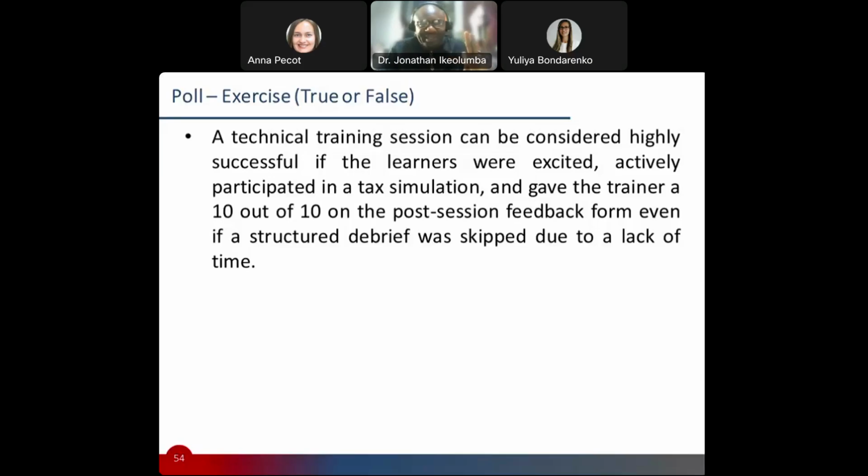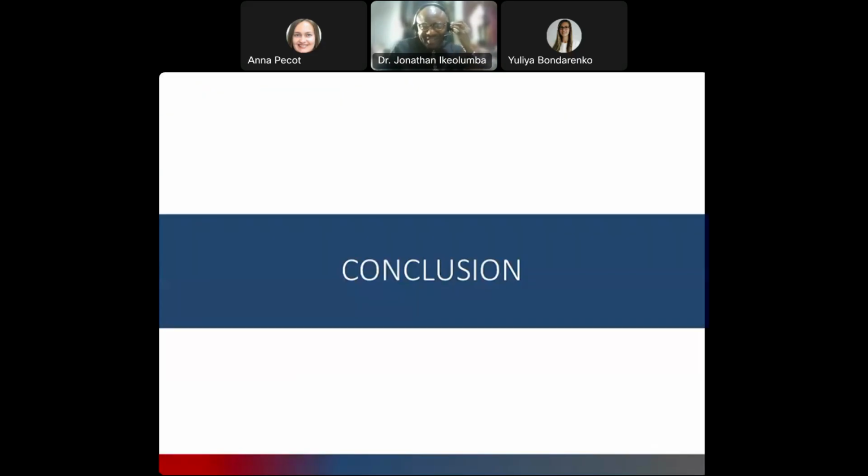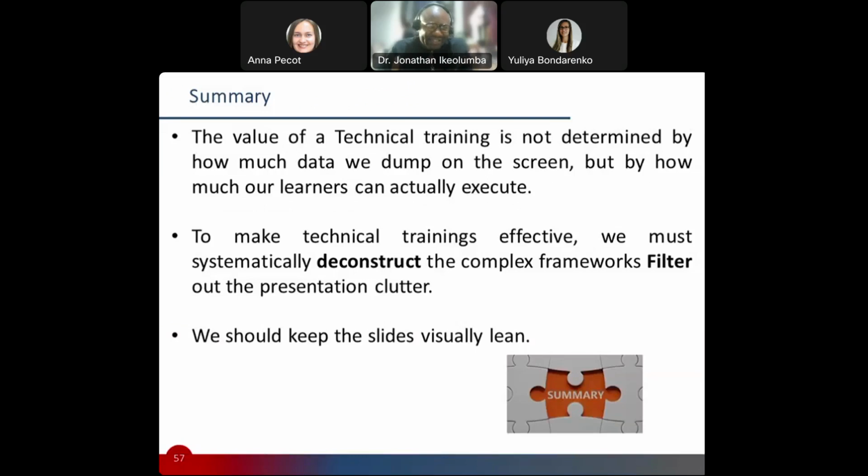But again, the point really is where you do have technical trainings, I think that it's important to understand your ability to gauge what they take out of the training and what they can then do next, right? So even if there's a lot of excitement around the training, even if there's a lot of feedback that says it was fine, the real success of a technical training is how they're well capacitated to then carry out those technical things. And that's really the point to always put at the back of your mind as well. Again. All right. Okay, so let's sort of wrap this up now. I think that technical trainings will always be a part of the entire training value chain that you find.